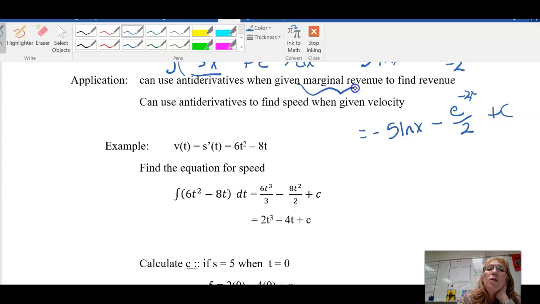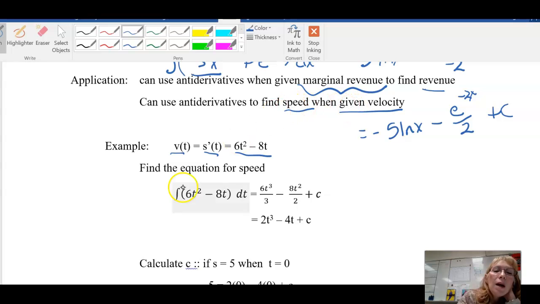I'm going to use an antiderivative when given marginal revenue to find revenue. So I'm giving you the derivative. I want you to find my original revenue function. It's also used to find speed when given velocity. So if I know velocity is the derivative of speed equals 6t squared minus 8t. So in order to find